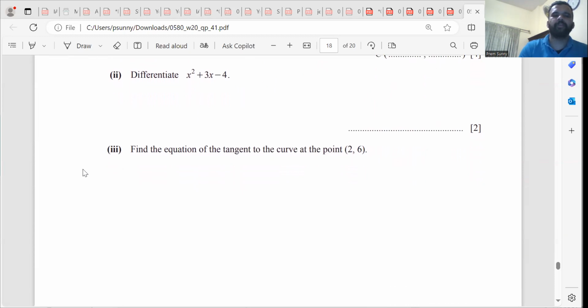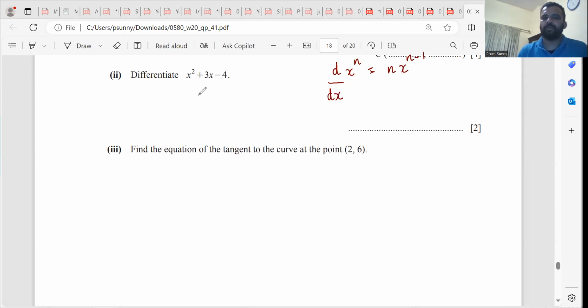B part is to differentiate x square plus 3x minus 4. So in order to differentiate this question, we need to know the formula d by dx of x to the power of n. There are so many formulas in differentiation, but in our syllabus, we need only this particular formula. d by dx of x to the power of n is n into x to the power of n minus